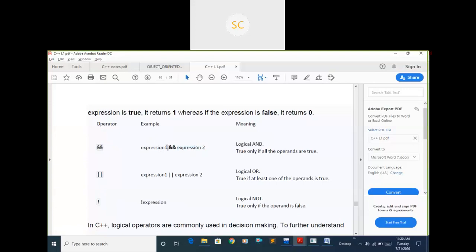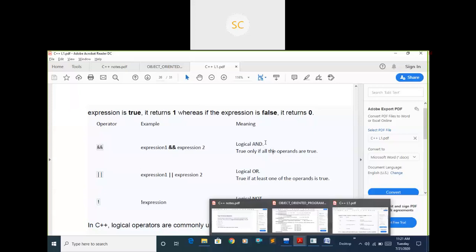Internally it follows the logical AND truth table. Just observe this truth table. You already know this truth table, right?